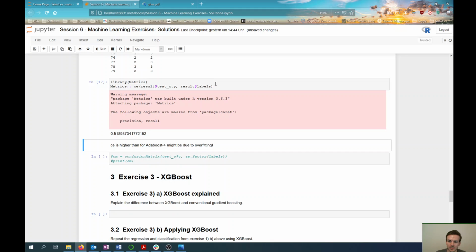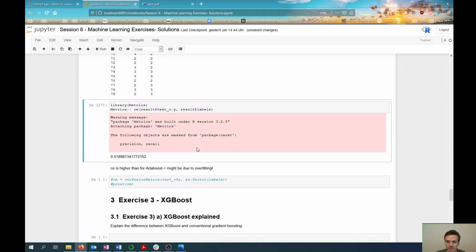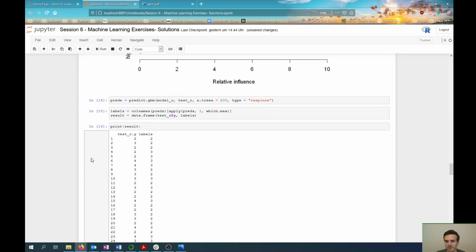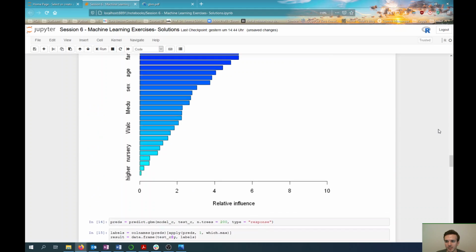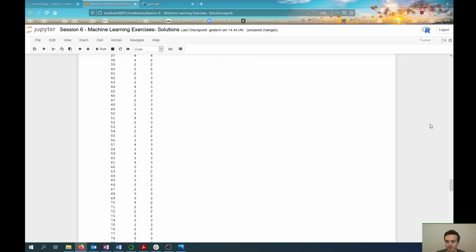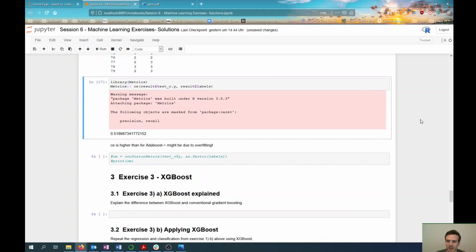Then we can calculate the classification error metric out of sample, and we see that it is even a little worse than the AdaBoost classification error that we calculated before. So here this might be due to overfitting, for example. We didn't apply any regularization, so this could very well be